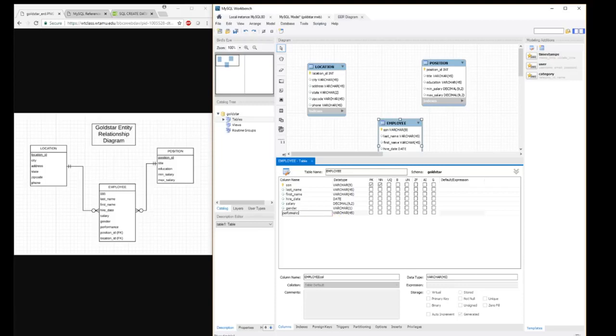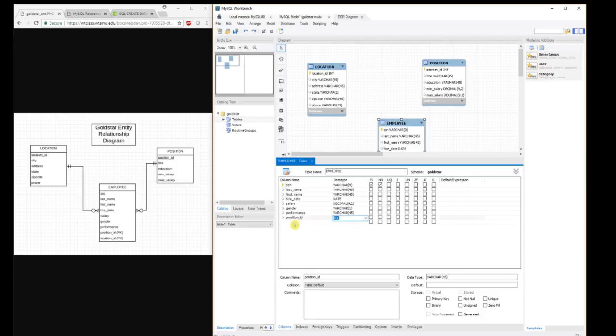Performance, probably should leave as a varchar. And then the last thing we're going to do is actually put in the foreign keys. So we'll give them the same names that they have in their reference tables. And the other thing, and this is very important, is we have to make sure that they have the same data type, because if they don't have the same data type, we won't be able to set them as foreign keys. So position ID is an int in the position table, so we need to make sure it is an int